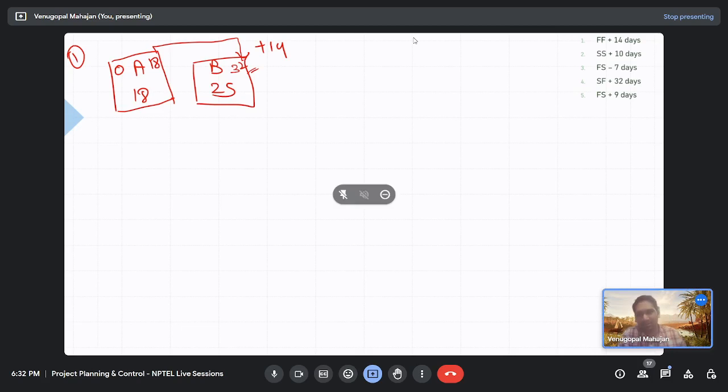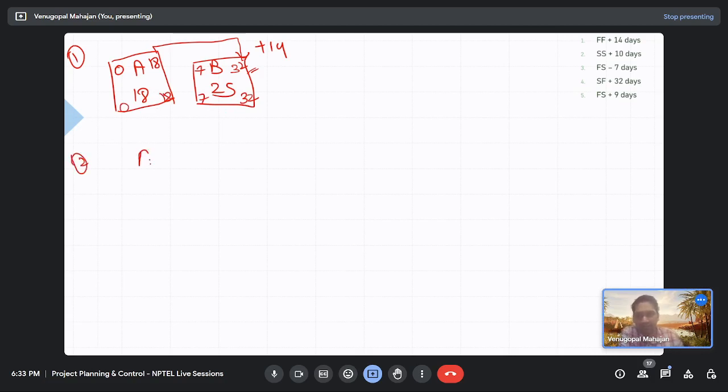Okay, so we will see to it. Can it or can it not be? So then what would the early start of activity B be? 32 minus 25, 7, right? Yes, sir. What about the late finish? The late finish will be 32, and 32 minus 25 is 7, and similarly 18 and 0. It seems so.